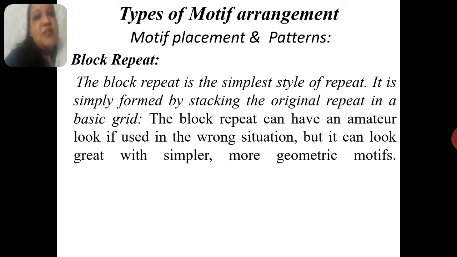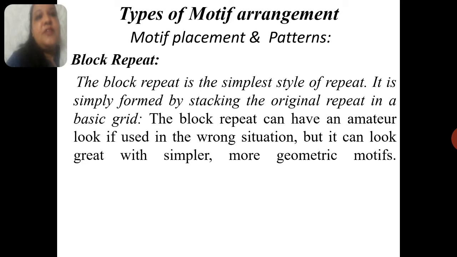When we use a single motif and apply it on the surface of fabric, paper or garment, applying it in the central part is called a central motif, in the border part a border motif, all over an all-over motif, in one direction a one-way motif, and in two directions a two-way motif. This is the simplest example. We design students want to know and need to understand the design arrangements and the motif arrangements.